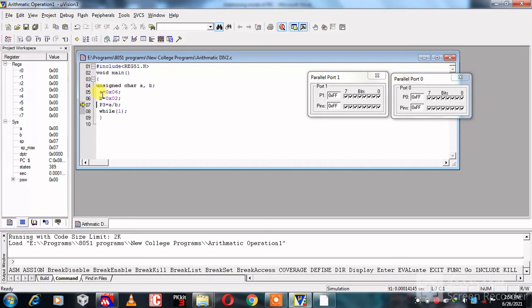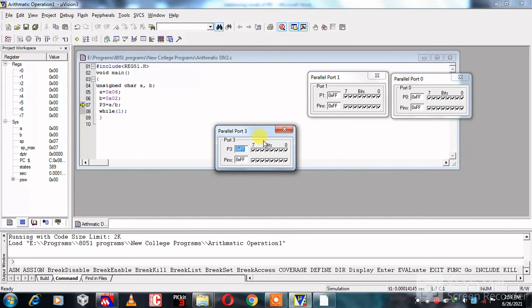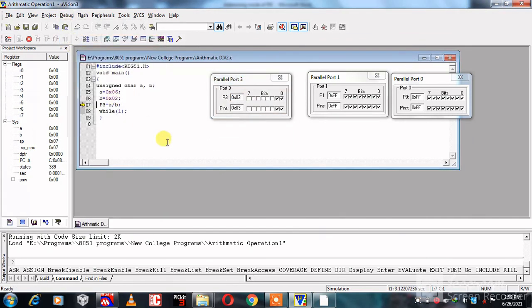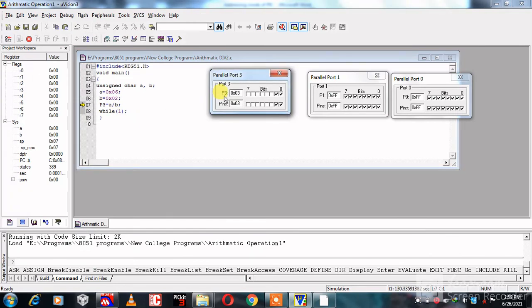Here the variable a is equal to 0x03 and variable b is equal to 0x02. After division, the result is sent to port P3. Click on peripheral and select port 3, then click on debug and run it. Our result is P3 equal to 0x03. Thank you for watching my video.